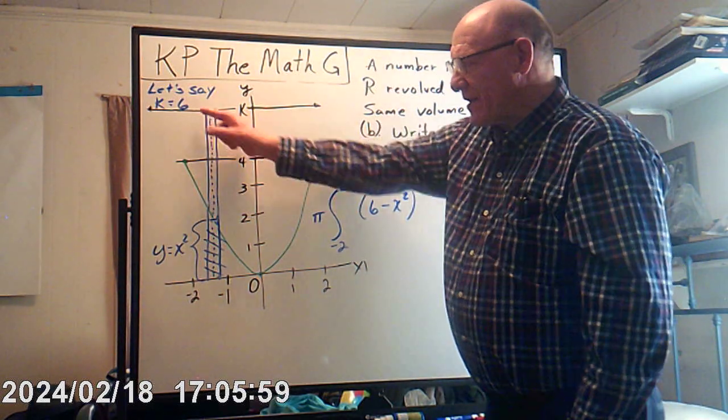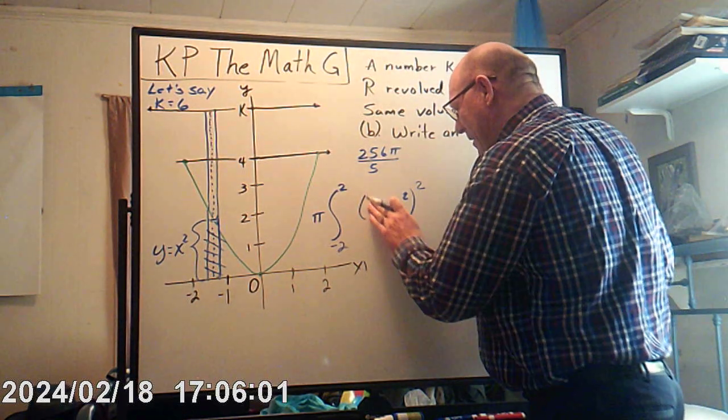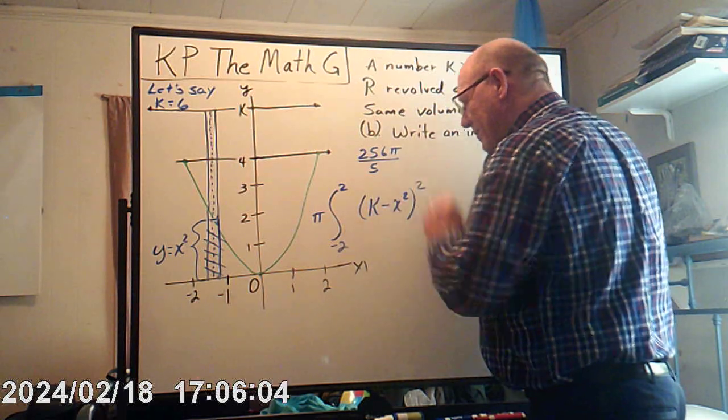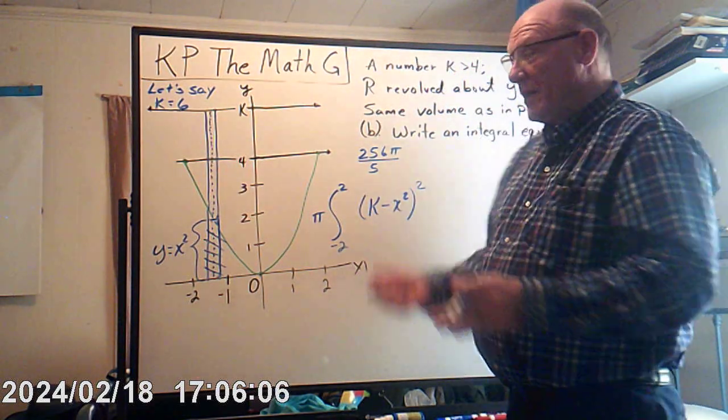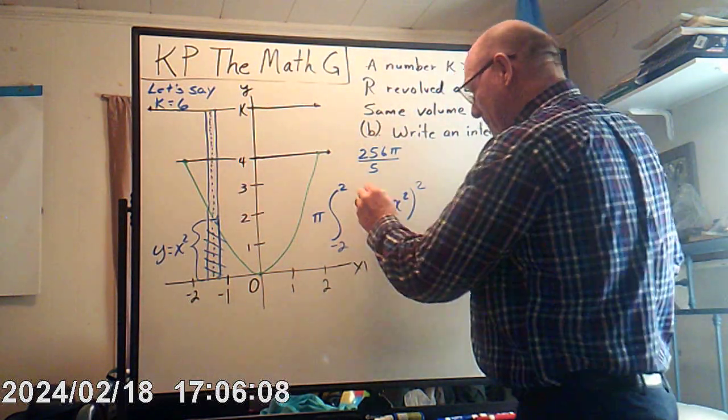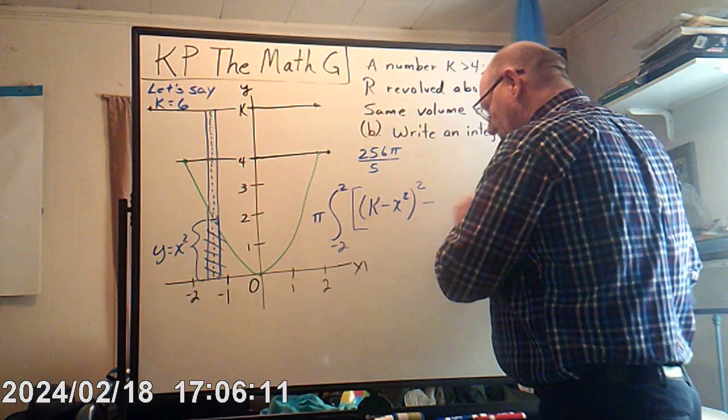But since k is equal to 6, I'm just going to put k right there. So I'm just going to erase that and put k instead of 6. That's what we've got to put it in expression of k. Now remember, we've got to subtract off the whole,